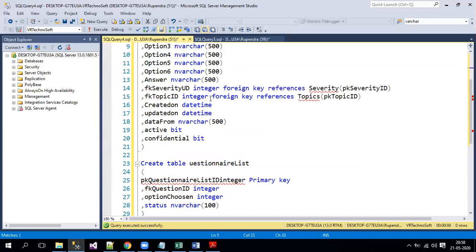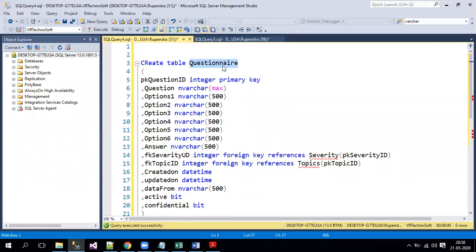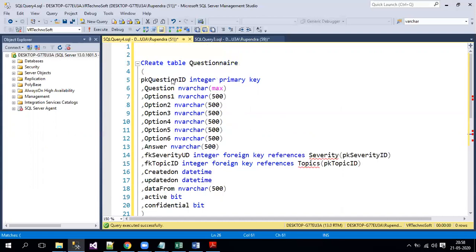So I take out this foreign key reference again, and the primary key table is now your questionnaire table. That is why you need to first create that table, because this table is depending on it, correct? So Q is missing here, so I'll go for the questionnaire table and then the primary key column, which is this PK question ID.